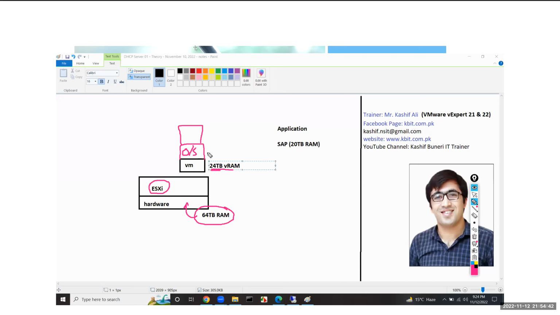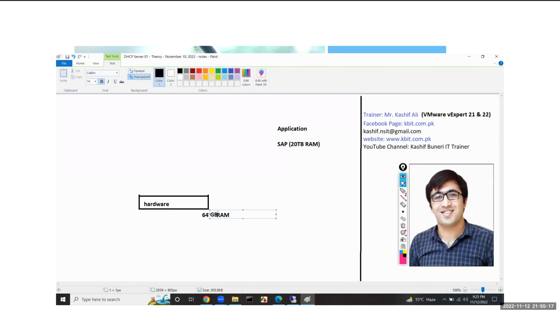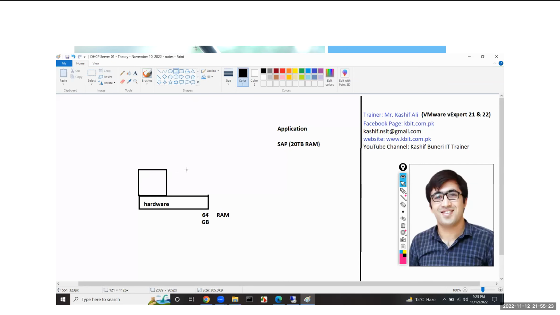Do you know some operating systems have a RAM limitation? Anyone has an idea? I have a story. I tell this story to all my students whenever I talk about RAM. So I was in a WhatsApp group and someone posted, they were not talking about virtualization technology, but just about the hardware. I received a message in the group and they mentioned that they have 64 GB RAM in their hardware and they have installed a server operating system,